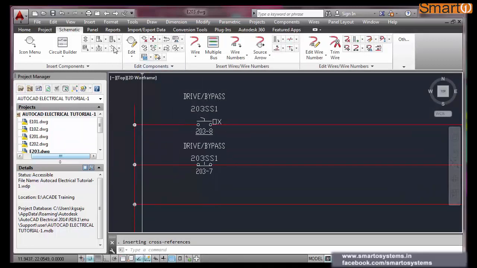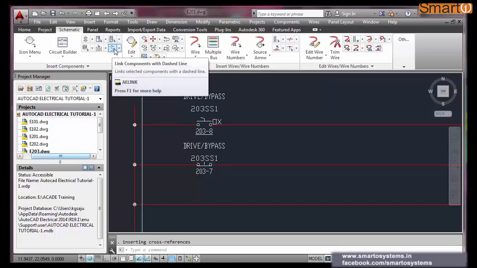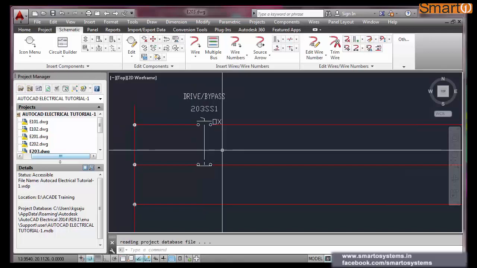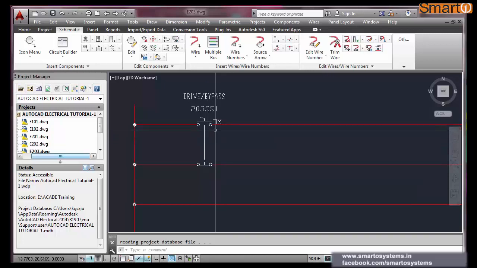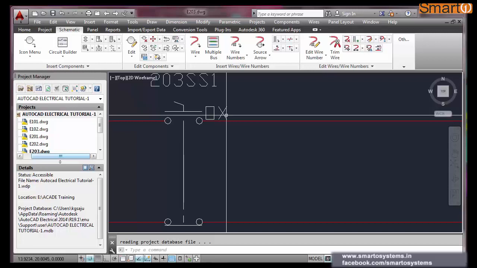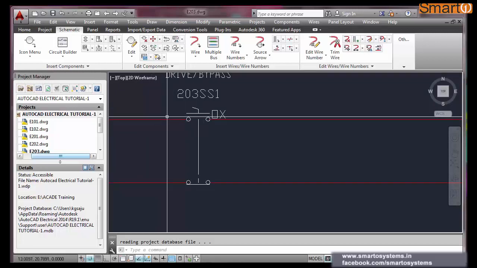Now it appears as 2 different components. If you want to link these 2 components together, you can link them using link component with dashed lines. See, here this O and X means when you put it in this left side position, this is off.